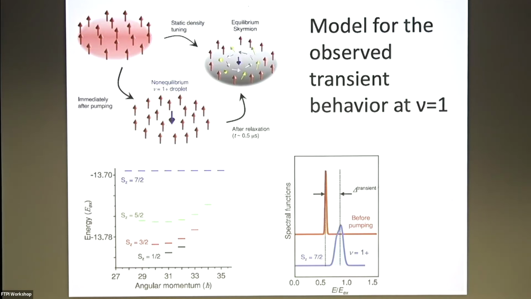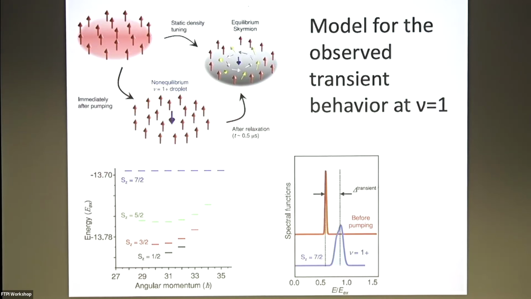So again, we're injecting spin up electrons into the n equals 1 Landau level, but to decay, they have to flip their spins, and what we have is a flipped spin trying to get into the nu equals 1 state that's below. Let's call this state nu equals 1 plus, where we have a flipped spin that hasn't really been incorporated into it. I mean, we're in some kind of non-equilibrium state. We haven't yet relaxed fully down to the ground state. The ground state should be, in this case, a skyrmion.